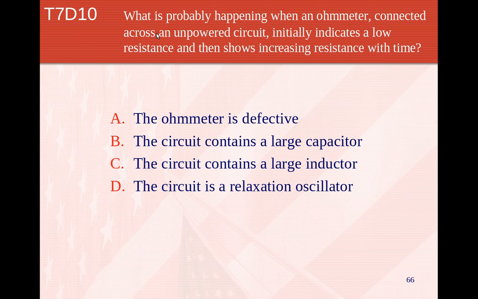What probably happens when an ohmmeter connected across an unpowered circuit initially indicates low resistance, then shows an increasing resistance with time? Well, if you've got your meter across a component and it does that, it goes from a low resistance and starts reading high steadily. The circuit contains a large